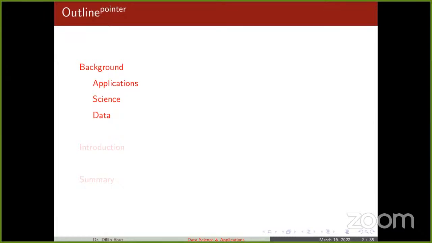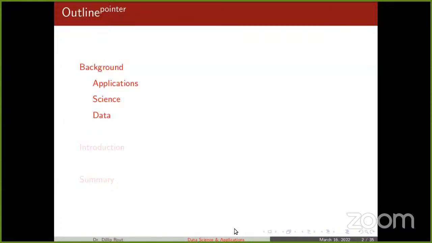All right, so there are three things basically I'll talk about. One is background, then the introduction to data science and the analytics part, and then summary. In summary, we'll conclude everything. And in the background part, as you can see, there are three different aspects. One is the application, second is science, and third is data.